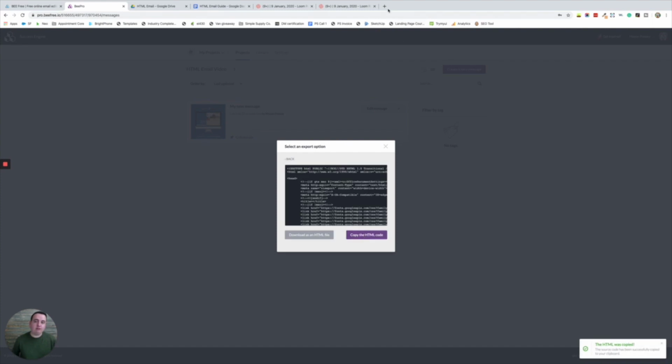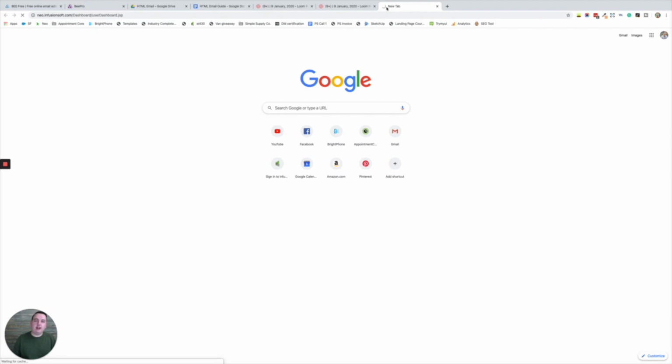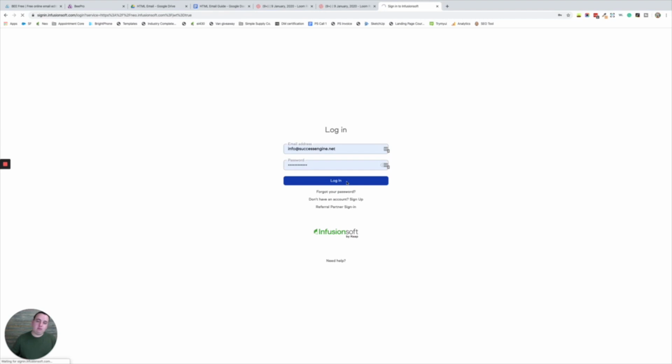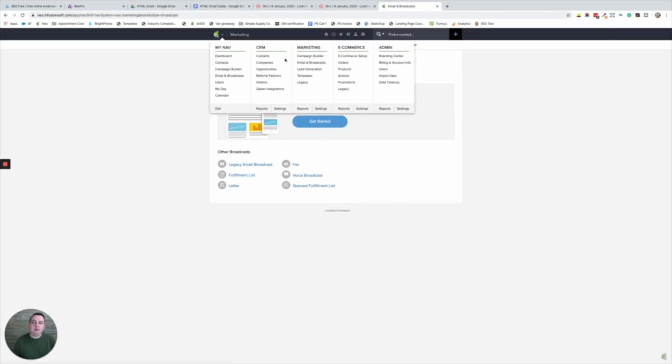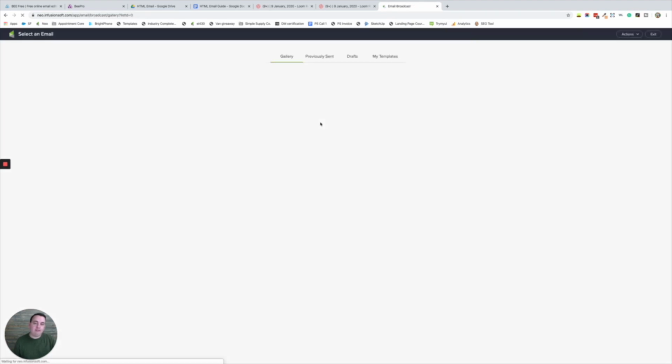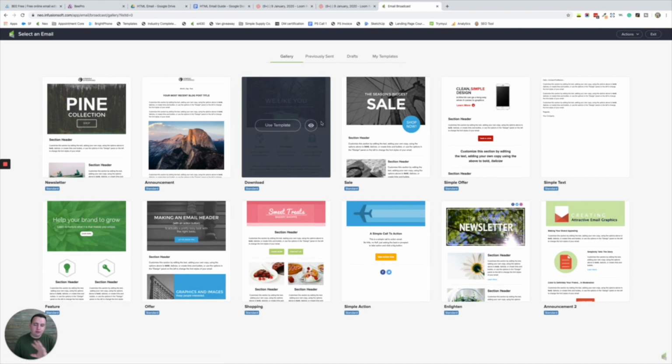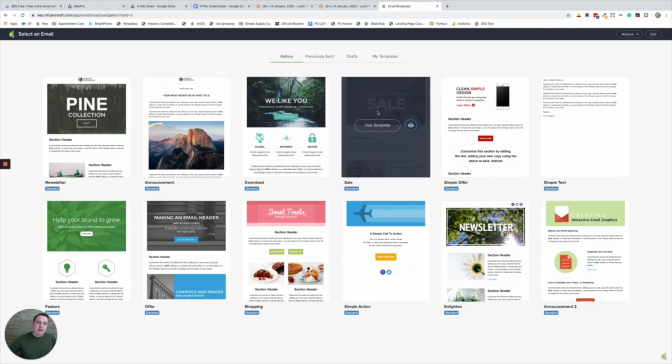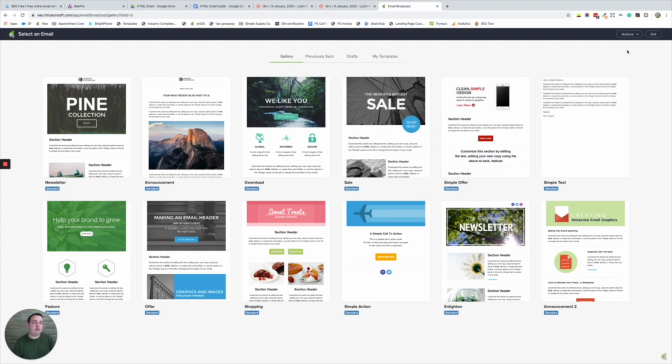the HTML code. Now what we're going to do is log into Infusionsoft or Keap. Both of them work the same. Okay, so once we're in Keap, we're coming to email and broadcast right here, and we're going to click get started. Now the key here is, before you select a template or anything, a common error is that people select the template and then just put in the code, because there's the code element within the builder. But what we're going to do is come up here to actions, and then click create HTML email. So we're going to click that right there,